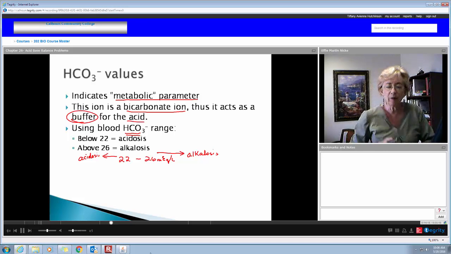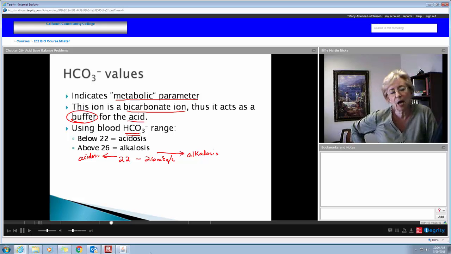Now, before I go any further, I'm going to digress. And don't sit there at your computer going, oh, Miss Cottle, please stay on track, don't digress. I have enough trouble with this anyway. But you know what? For you to really understand this, you've got to see the big picture. And so I want to take just a moment to make sure you understand how involved all the systems are in maintaining pH. For instance, you're going to also be studying this unit, if you haven't already addressed it, digestion.